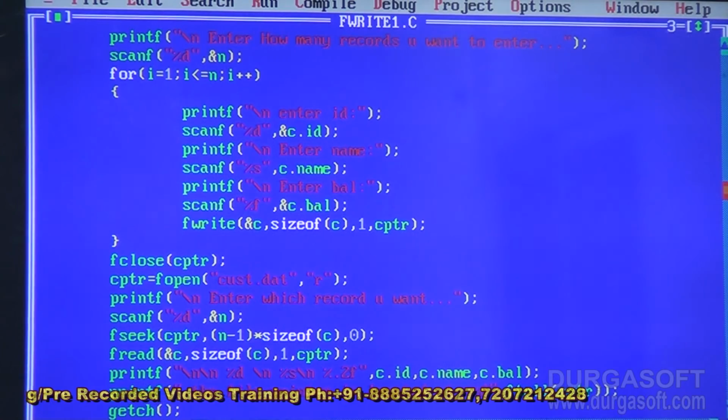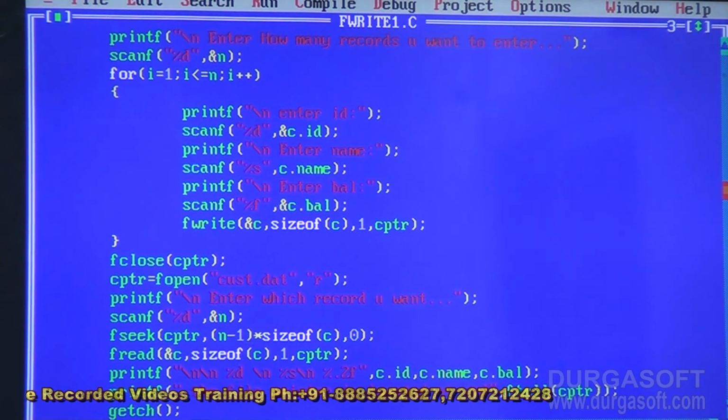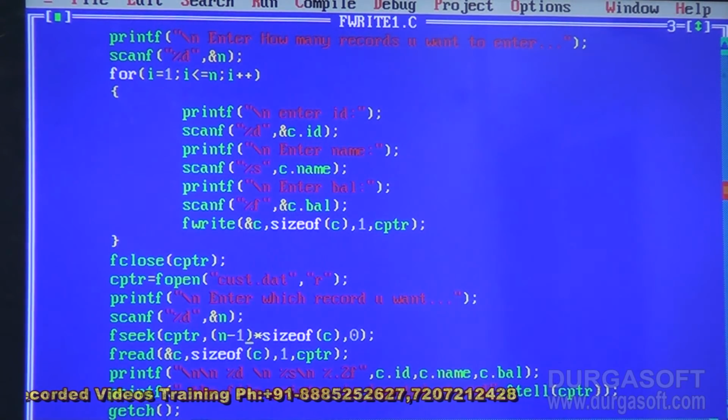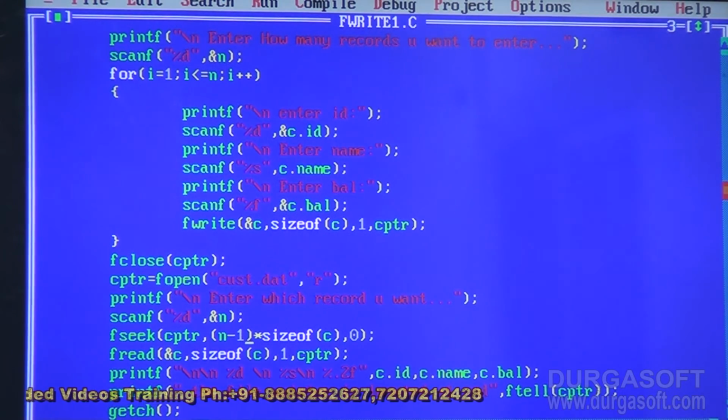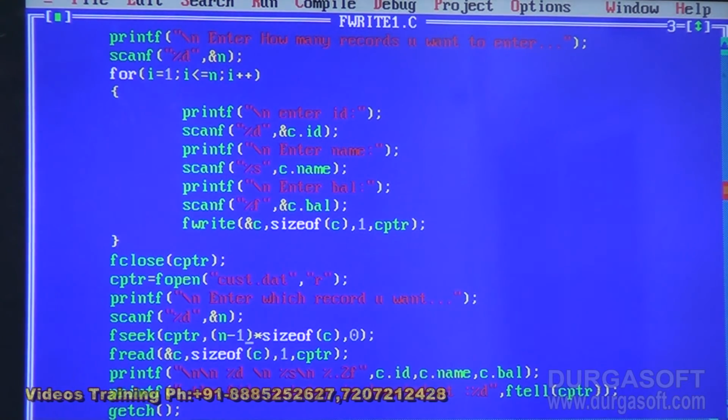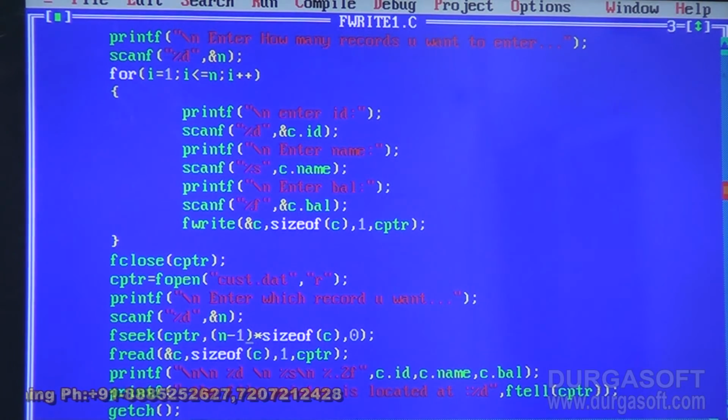So here I have given n minus 1. If I give n into sizeof(c), what happens here? n becomes 2. Suppose I want to locate the record pointer at the second record: 2 into 21, so at the end of the 42nd place it is displayed. Starting from the 21st position, I want to display the characters. That is why I have given n minus 1. N minus 1 means 1 into 21. So at the end of the first record,